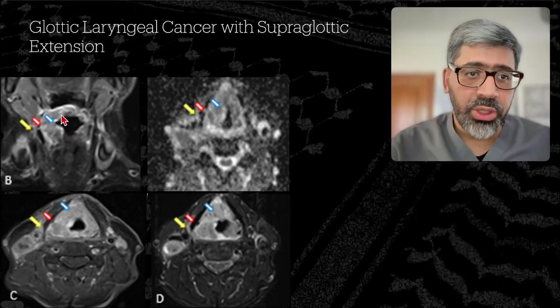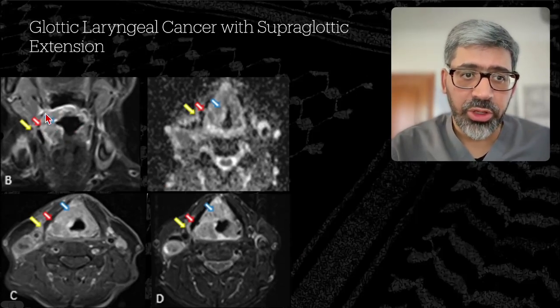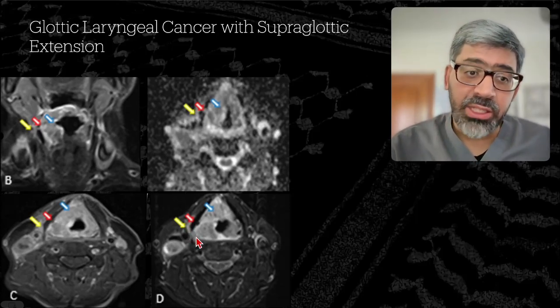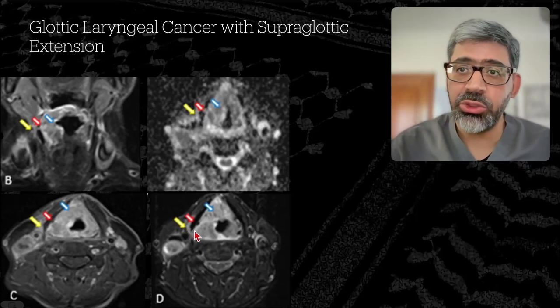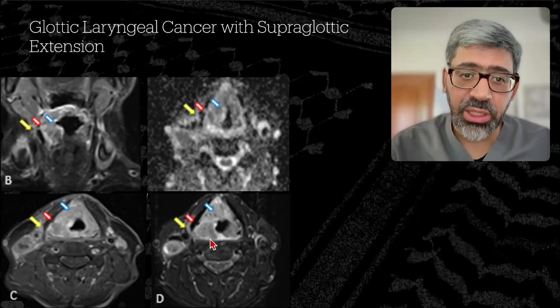This is another case with a lobulated glottic and supraglottic right-sided laryngeal mass. The mass does abut the inner cortex of the right thyroid cartilage lamina, but the thyroid cartilage appears intact. There is, however, a small signal abnormality external to the posterior margin of the right thyroid cartilage lamina. This may represent a small extralaryngeal component or may represent an associated inflammatory change. In this case, it looks fairly similar to the intensity of the mass on STIR,